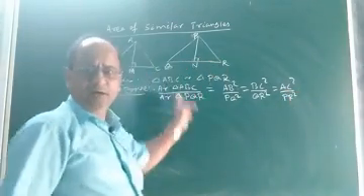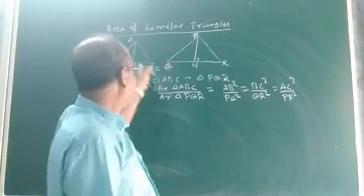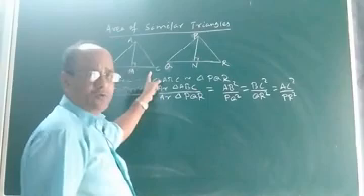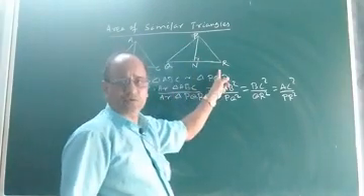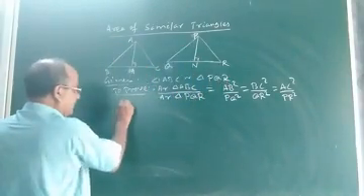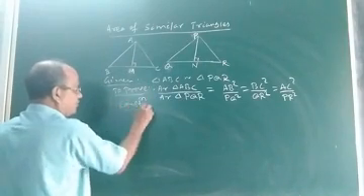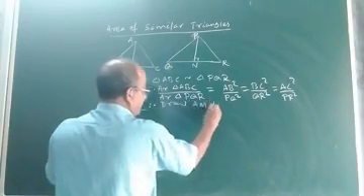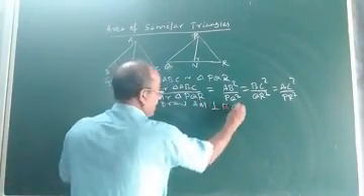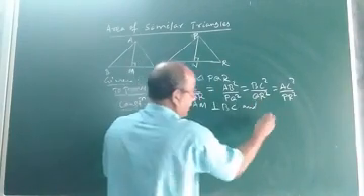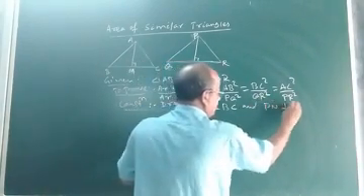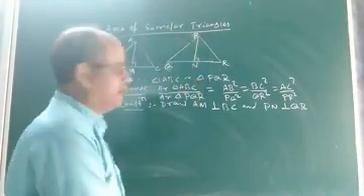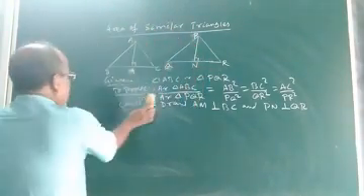In order to prove this truth, just draw two perpendiculars. That is the construction. Suppose AN is drawn perpendicular to BC and PN is drawn perpendicular to QR. So that will come under the heading construction. So draw AN perpendicular to BC and PN perpendicular to QR. So this is the construction. Now let us come to the proof part. How to prove?